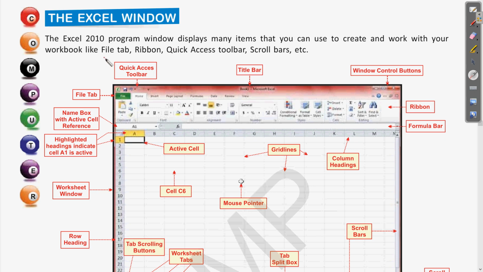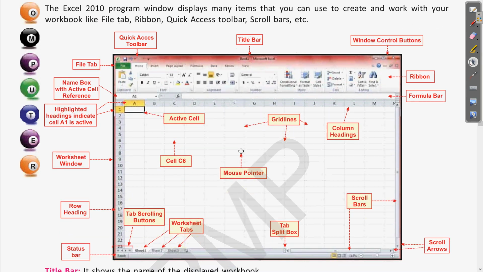Also these days we have the latest versions, like MS Office 2016, then we have Office 365. Clear? So these are the latest versions. There also we have all these tabs and the ribbon area present, but they may have some additional features also. So let us see now these components. Here you can see all of the different components displayed, like title bar, then window control bar, quick access toolbar. Now let us see all of these terms one by one.